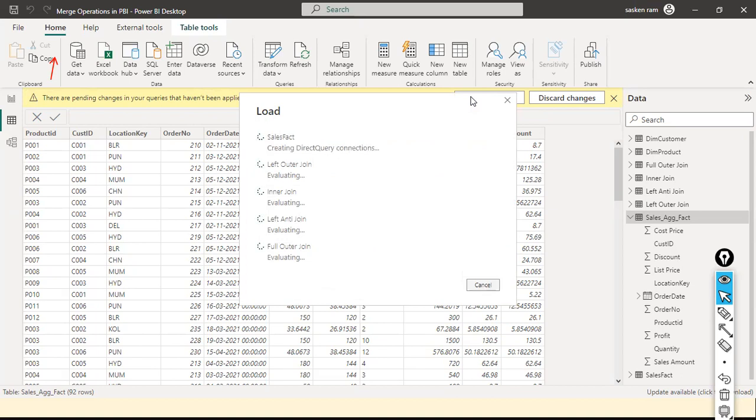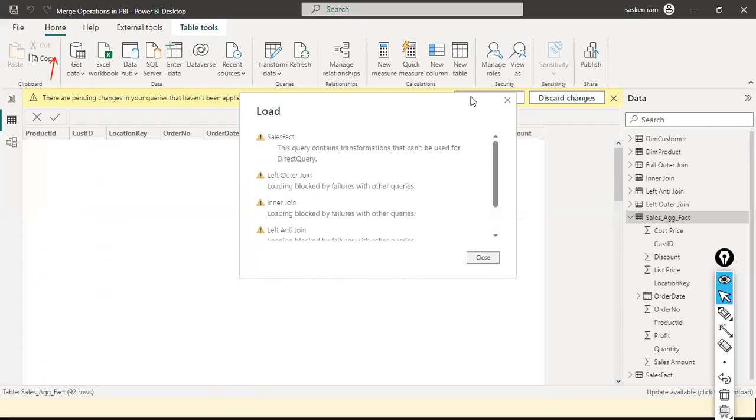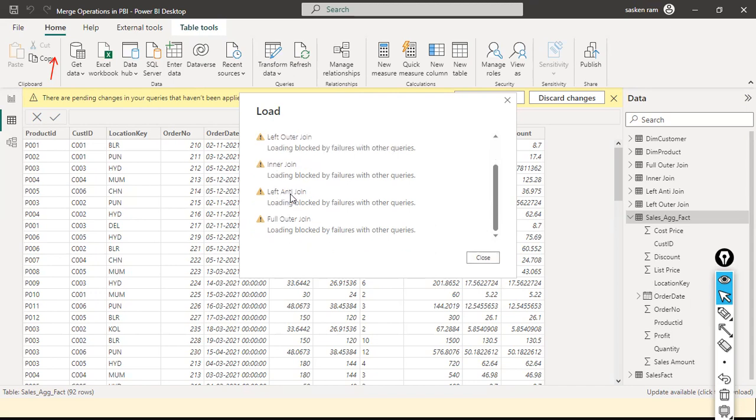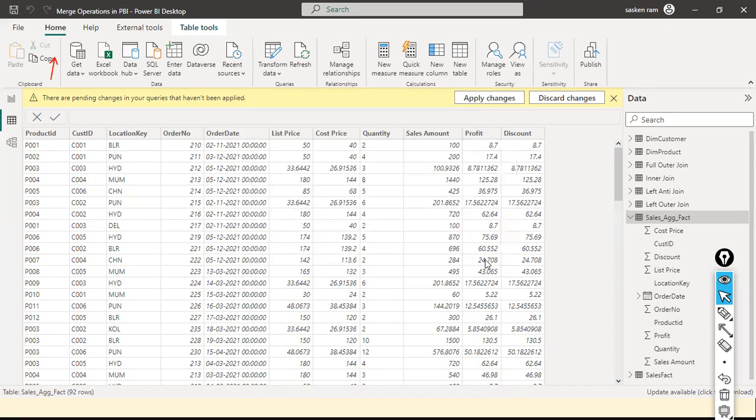Creating direct query connection, sales fact, left out rejoin as usual, evaluating, let it be there. It has to switch from direct query to import, and then, so what is the okay? There are pending changes in your queries. Loading failures. Okay, close and